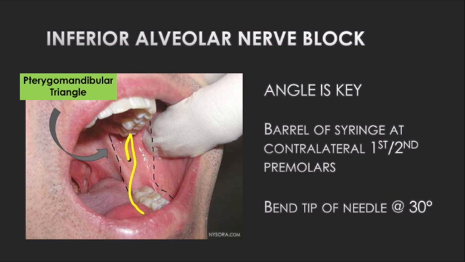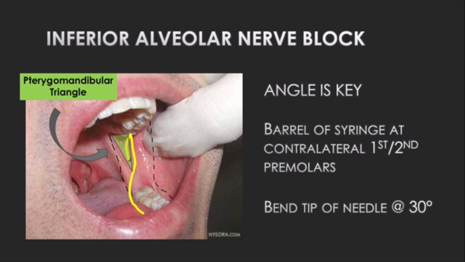So your landmark for this is your little pterygomandibular triangle, which is a little divot here, and medially it's bordered by your pterygomandibular raphe. So you see this is kind of where you're aiming for. And when you do this block, the angle is key. Make sure you're going at a 45-degree angle and have the barrel of the syringe at the contralateral first and